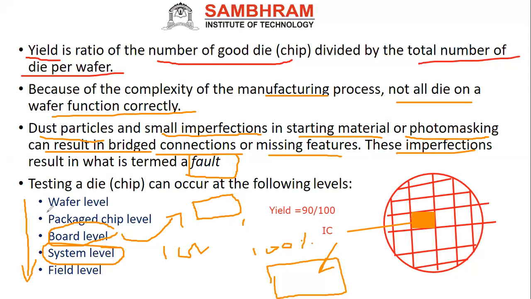That is why packaged chip level means each and every chip. If you check only the IC and there is any mistake, if it is not producing the proper output, you have to throw the IC away. That also will be a problem. Now what do I have to do? I should go still further down. That is the transistor level. That is an important thing.